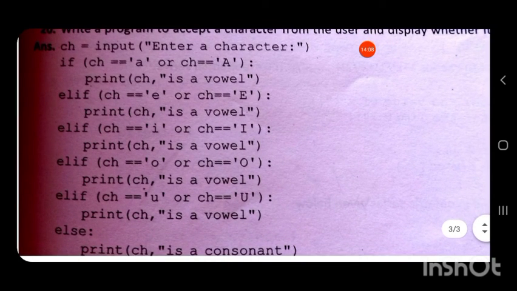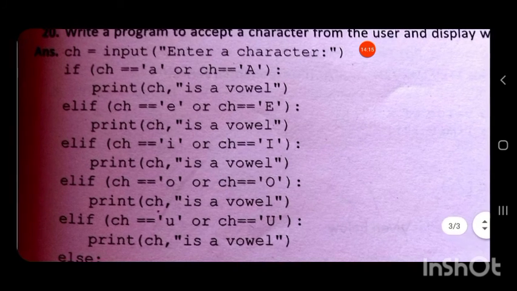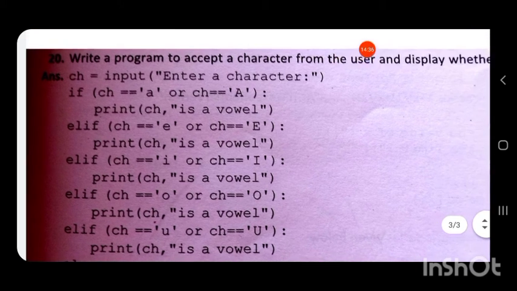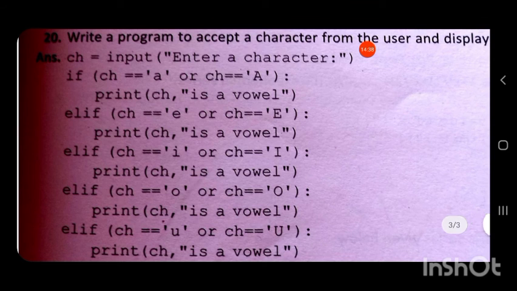So we have to check whether the entered character is small letter a or capital letter A. So if ch is the variable containing the character entered by the user, if ch equal to small a or equal to capital A, then print ch, comma, is a vowel. Ch means the character you have entered will be displayed.